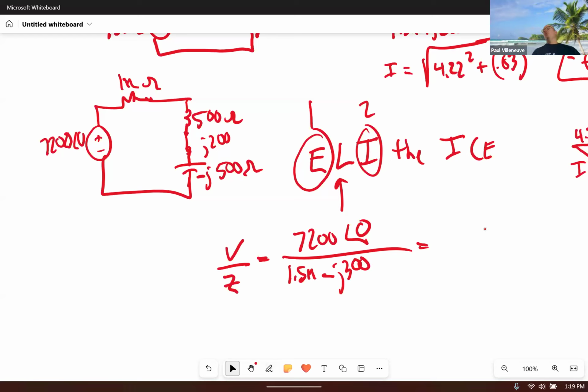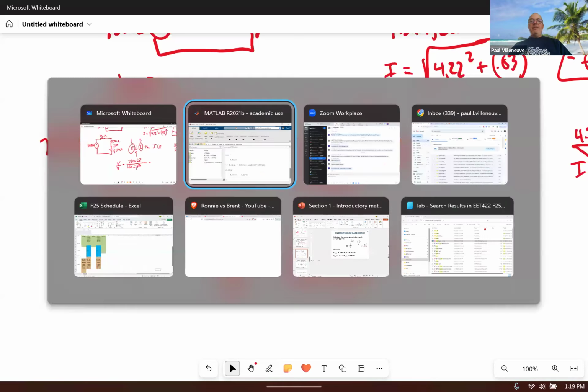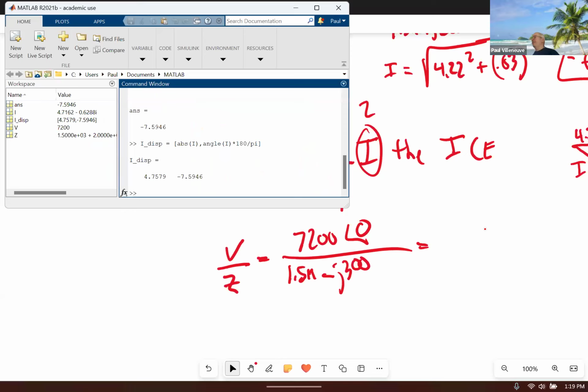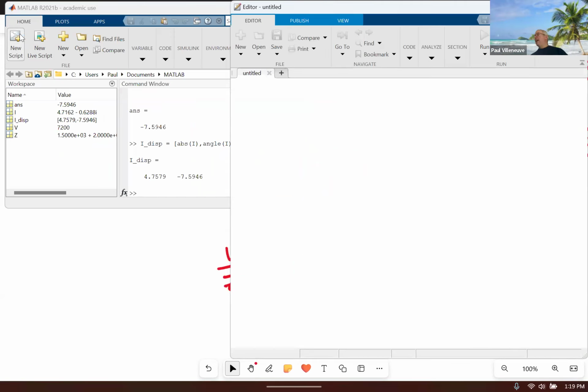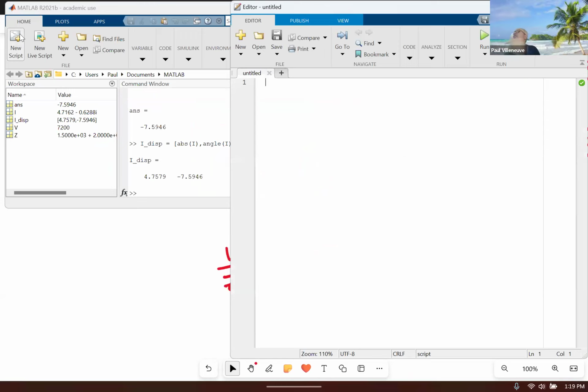So now I'm going to tweak things just a tiny bit. I'm not going to go to MATLAB and have to type that stuff again. I'm going to go ahead and do a script file. And you don't have to do this. This is just a way of making things a little bit more efficient for you when you write MATLAB code. Like say you're going to do 10 problems and they have a similar format. Instead of typing everything manually like you would have to do in your calculator,